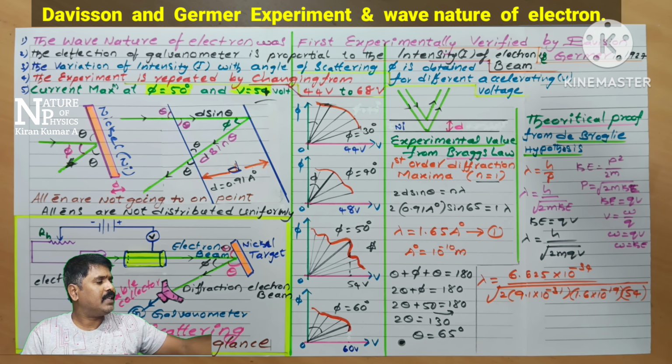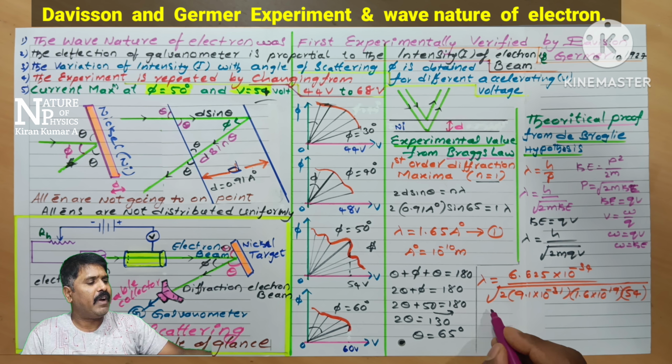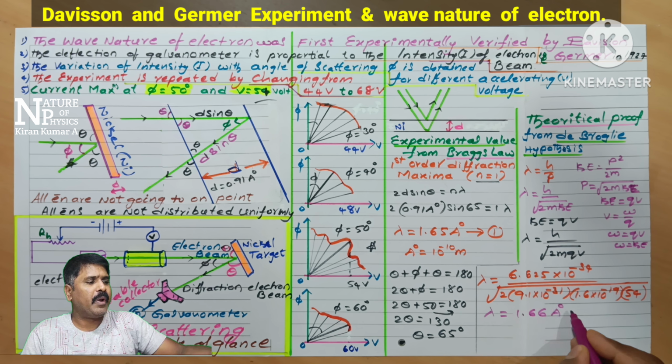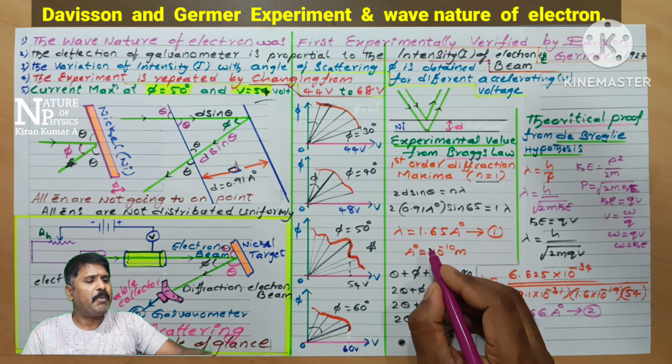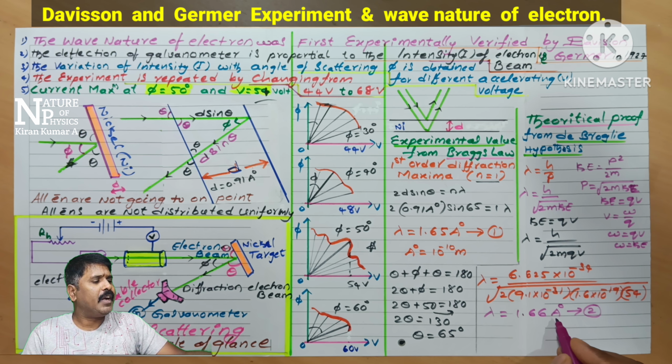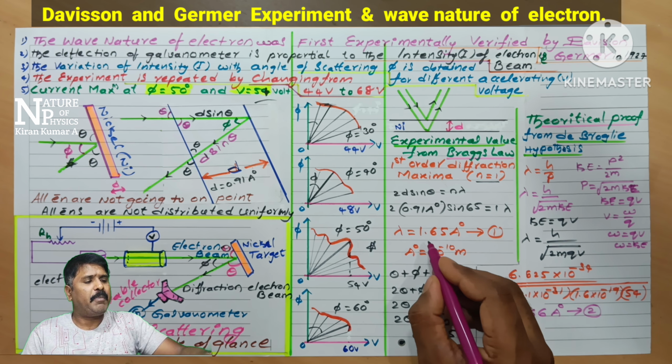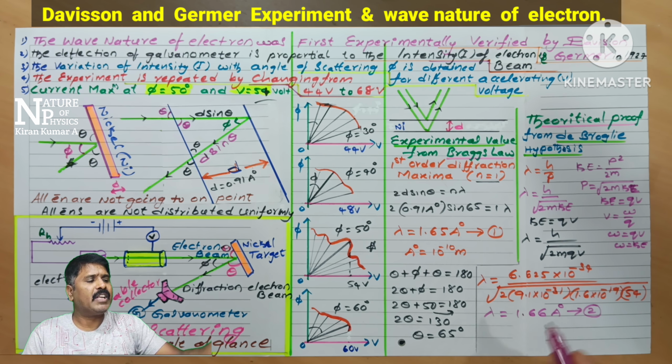After solving this we will get the lambda value equal to 1.6 angstrom, student. I can write this as equation number 2, student. So we got approximately equal values from the experimental value and the theoretical value. The experimental value is 1.65 angstrom and the theoretical value is 1.66 angstrom. Both are